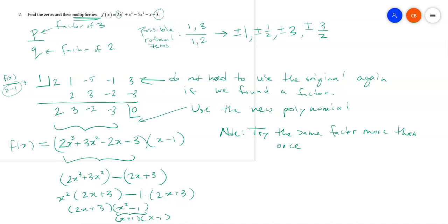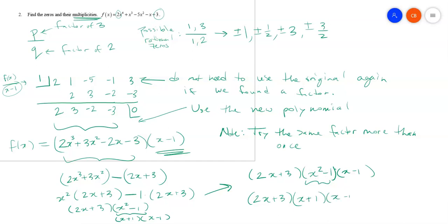So let me just write again more clearly what we got. After the factor by grouping, we had this result like 2x plus 3 and x squared minus 1. And then we have this factor over here as well. Don't forget about the x minus 1 factor that we already had. And so by now we've factored this polynomial a little bit. We've factored it up to here, but then we're able to factor further the x squared minus 1, and we ended up getting 2x plus 3. And then this factor, we can do x plus 1, x minus 1, and then we had this x minus 1 on the end. And so actually this factor of x minus 1 appears twice,